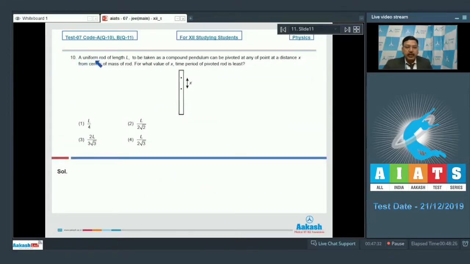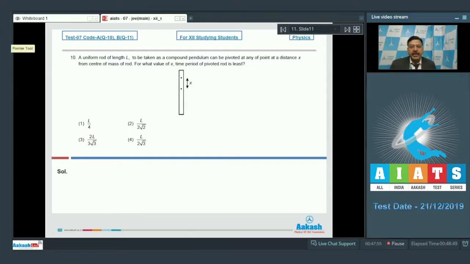Question 10 says, a uniform rod of length L to be taken as a compound pendulum can be pivoted at any point at a distance x from center of mass of rod. For what value of x, time period of pivoted rod is least? Well,